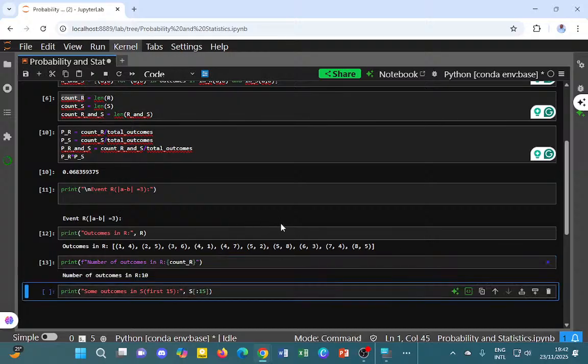Then I run. So I see the number of outcomes in R are 10. So the event R gives us 10 outcomes. Then I would